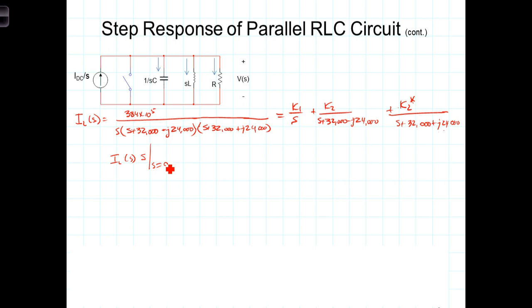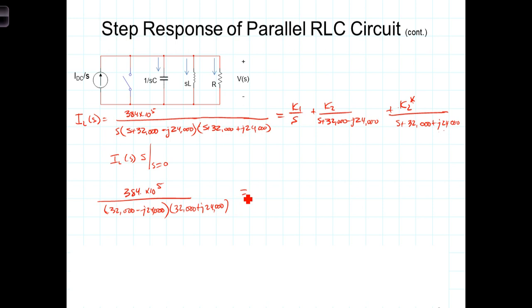On the left-hand side, we have 384 times 10 to the 5th. Multiplying by S cancels the S here, and then evaluating what's left at S equals 0, we have 32,000 minus j 24,000 times 32,000 plus j 24,000